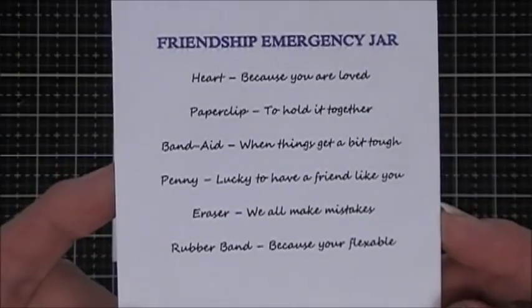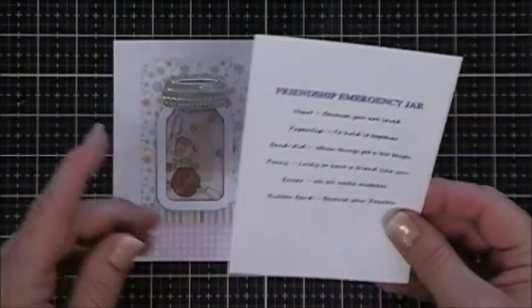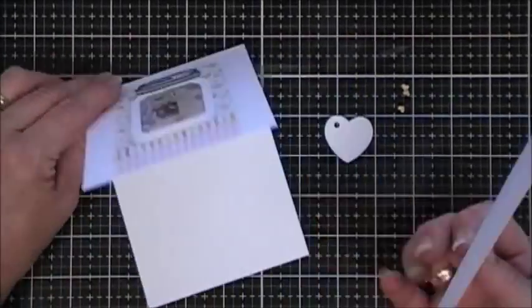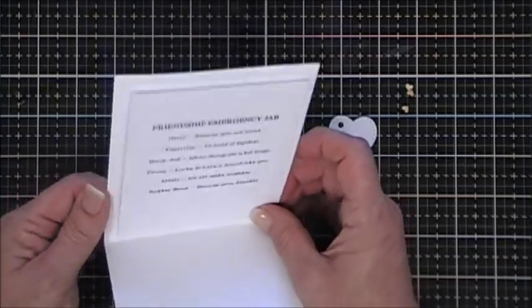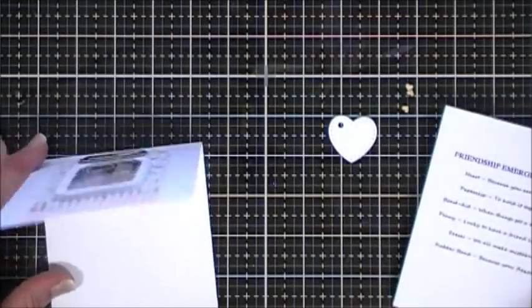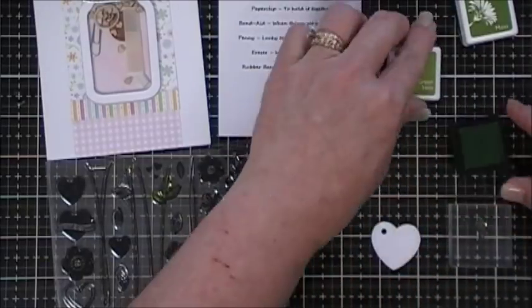Paper clip to hold it together. Band-aid when things get a bit tough. Penny, lucky to have a friend like you. An eraser, and the rest. I should have still paused it, but I thought that would be a cute little emergency friendship jar, so I